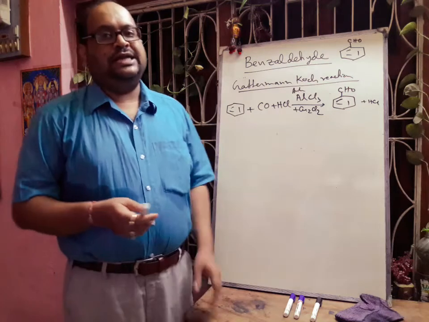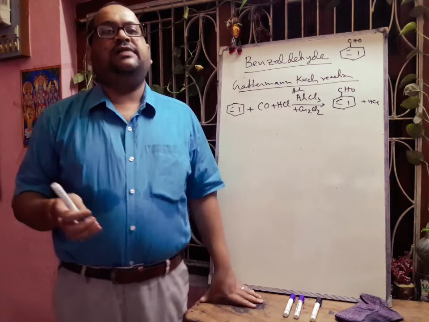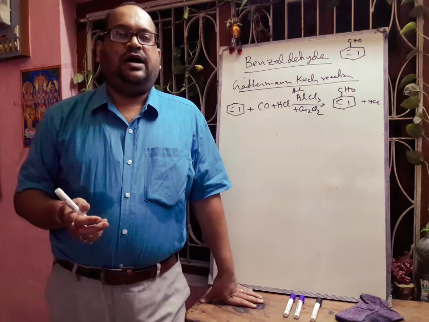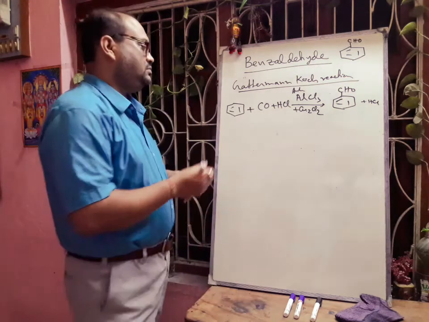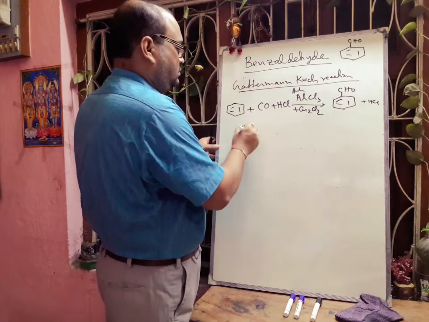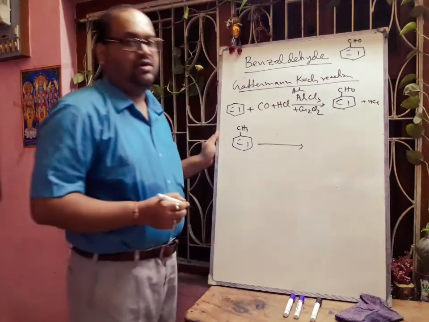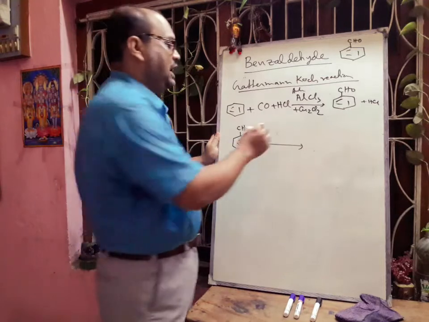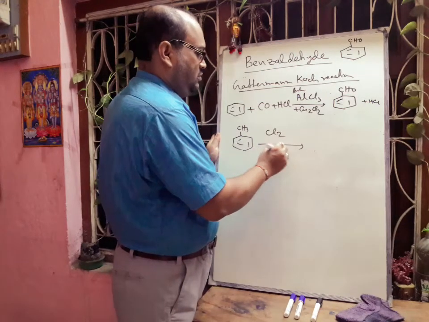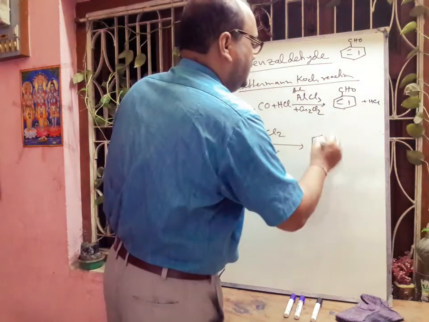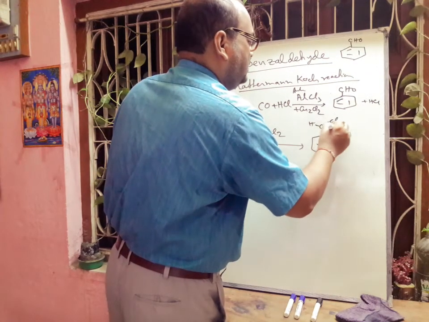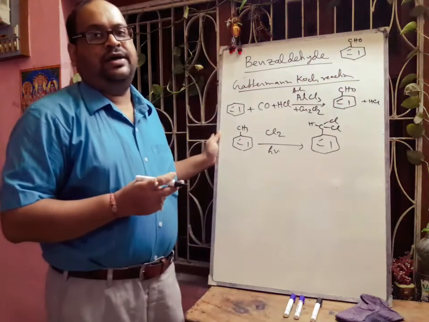Next, another important method is by the free radical method, from toluene. We can give heat or we can give sunlight, or light also. That is chlorine and boil or HCl. There will be a free radical reaction. There will be formation of benzyl chloride. This one is benzyl chloride.